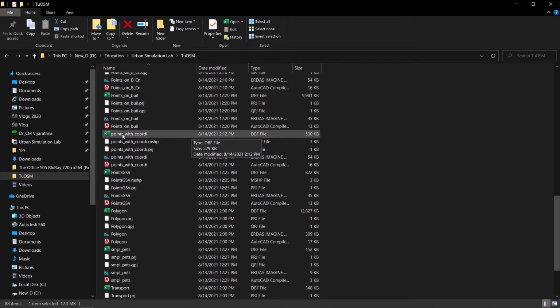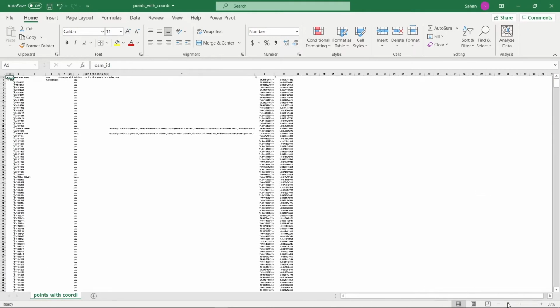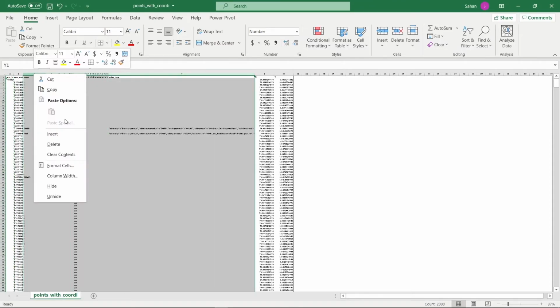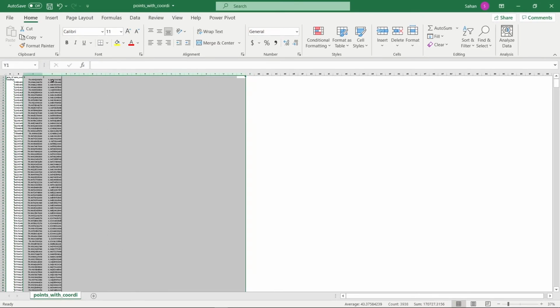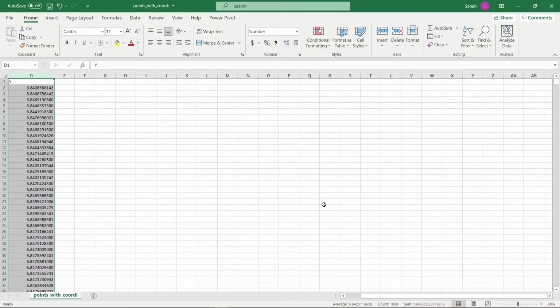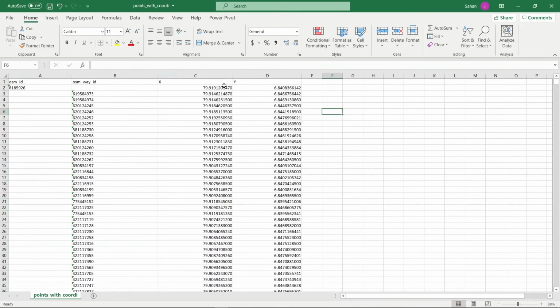Just open the dbf file, and you see there are columns. Just remove these columns. Right.